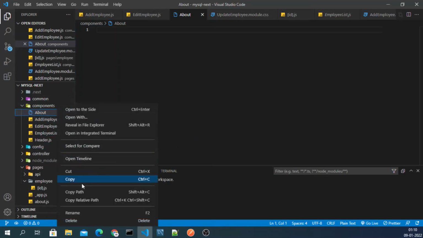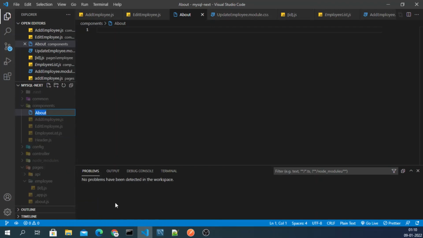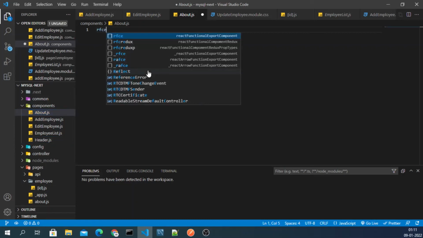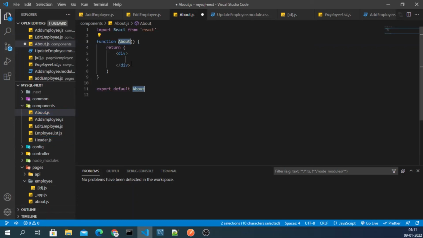I just want to rename this file about.js, and here I will type rfc simply, and here I will simply type h1 about page, right?